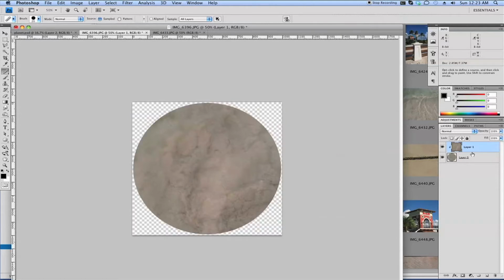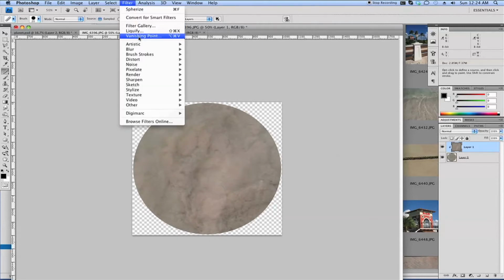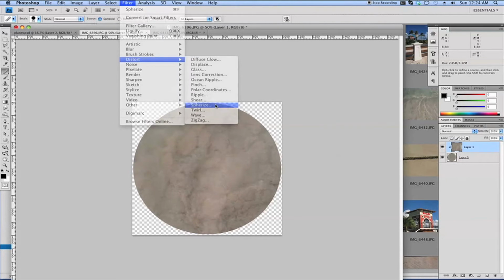Then what we did here was we create a clipping mask. So if you're not familiar with that, it basically just says to take the alpha of this underlayer and apply it to our top layer, so only that piece shows through. And you can see that's what we have here. What I'll do next is go in and do our same thing, spherize,